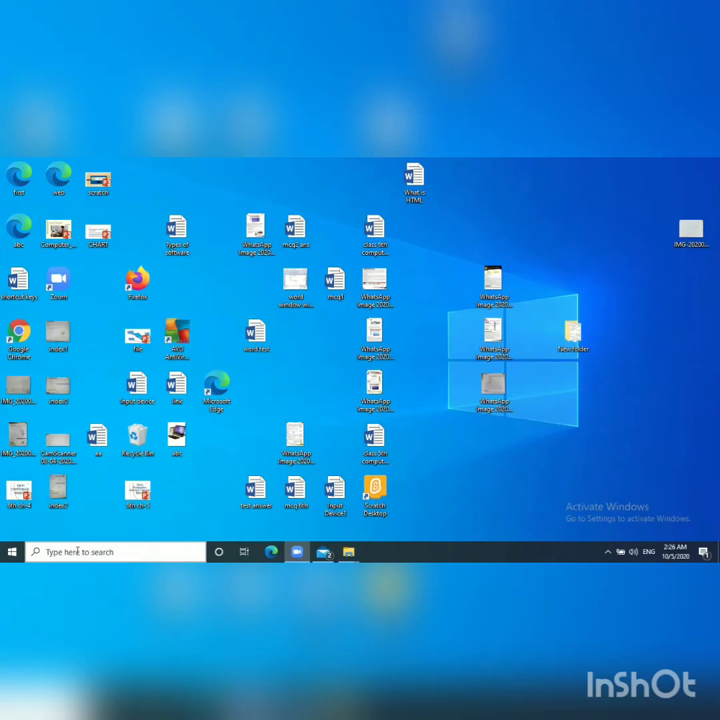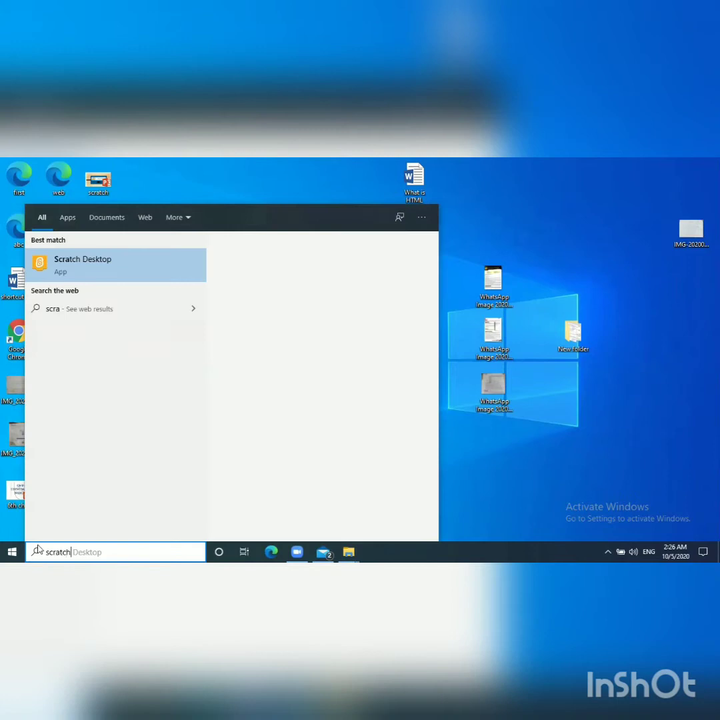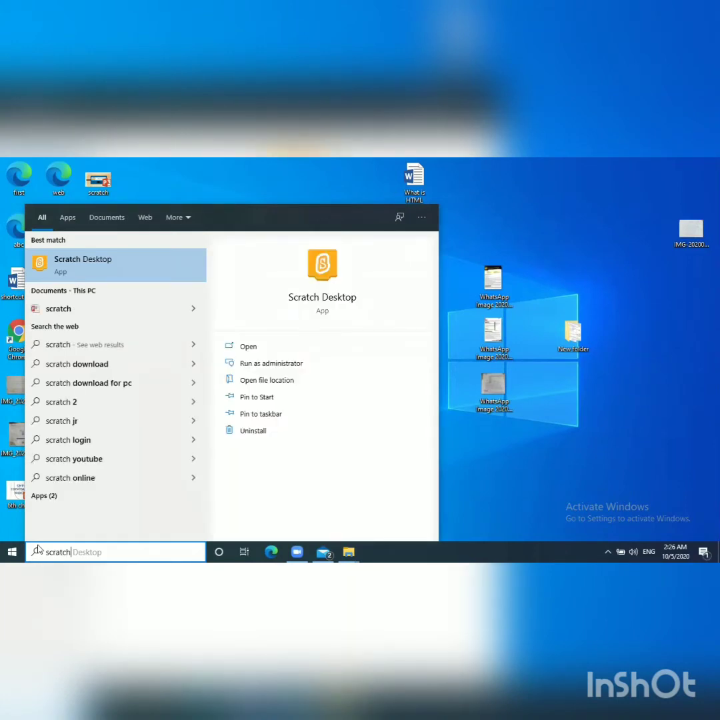To open Scratch, you can click on the Start button, or you can write Scratch in the search box. After downloading the Scratch app, you will be able to access it. When you write in the search box, you can see the Scratch desktop app here. Click on this app,